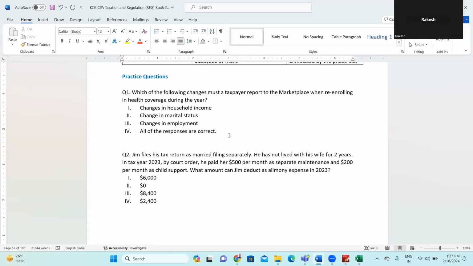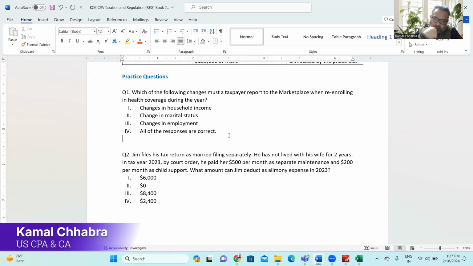So change in marital status. Why? That's reported because you want to cover your spouse in the same joint return plan. Yeah, very true. So maybe if the taxpayer is getting married, then it may be a joint return, or if they are getting separated, then it may be a single return, right? Accordingly, the phase out limit will change.